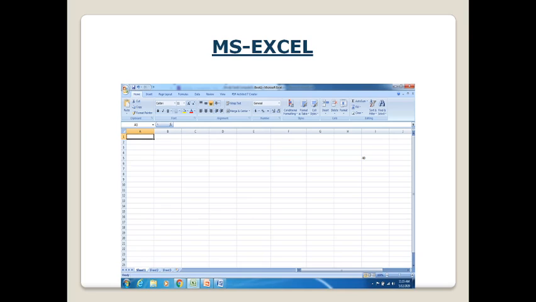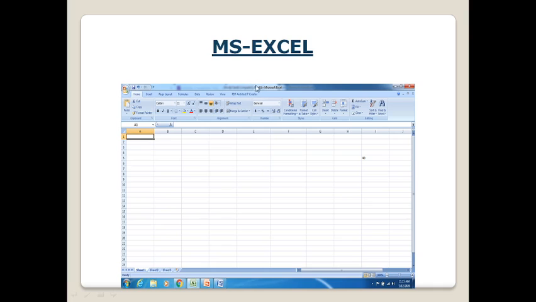This is the Microsoft Excel screen, you can see here. You all know that A, B, C, D, E, F, they are the columns. 1, 2, 3, 4, they are the row numbers. This is the name box, which gives you the address of the current or the active cell. This FX will show you the formula if you have written anywhere in the cell. You can see by default you are having sheet 1, sheet 2, and sheet 3. You can add more sheets, you can delete a sheet, you can rename a sheet.